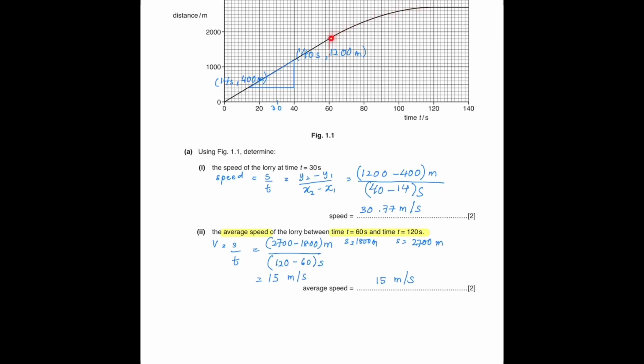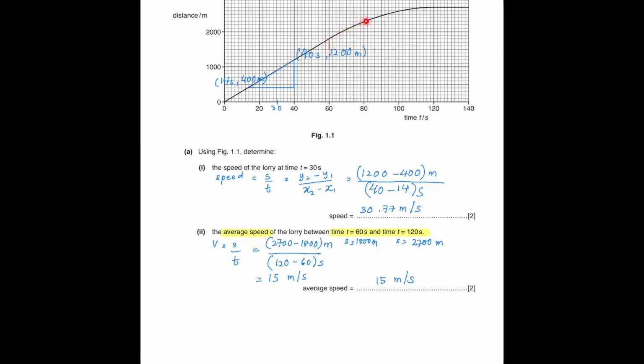Okay, so the first part is between 60 seconds to 114 seconds. Okay, so this section within this time taken, which is between 60 to 114 seconds,